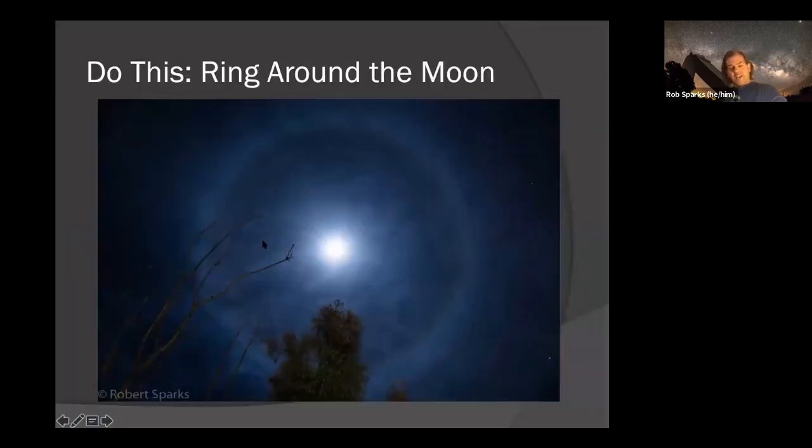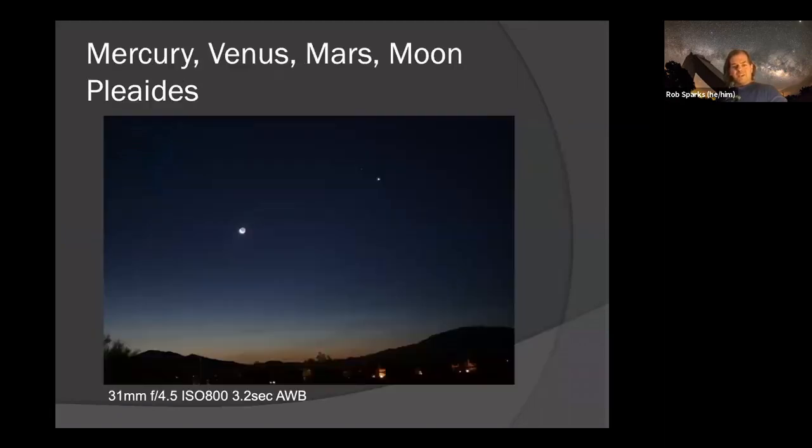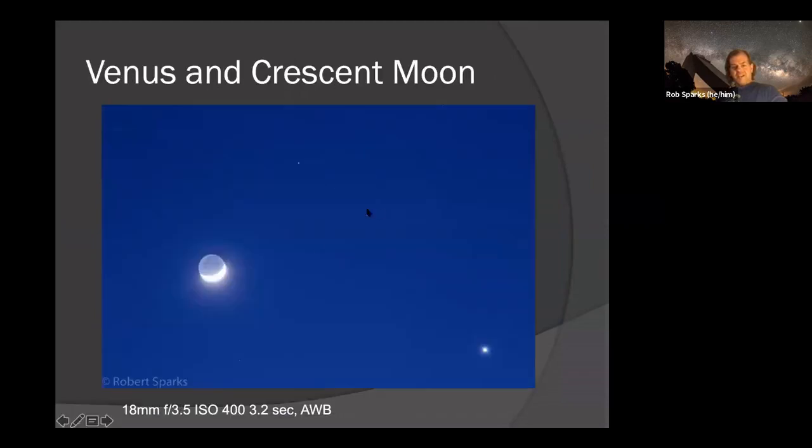Of course, that's another moon halo. I think that might be a different exposure time than the one I showed earlier. It's a longer exposure, which brings out the color of the tree a little bit better. I also do some wide field stuff: Mercury, Venus, Mars, Moon, Pleiades. I love some wide field stuff occasionally as well. And of course, I love doing things like Venus and crescent moon pictures, nice shots of those. You get some diffraction spikes on Venus if you use a little bit longer exposure.